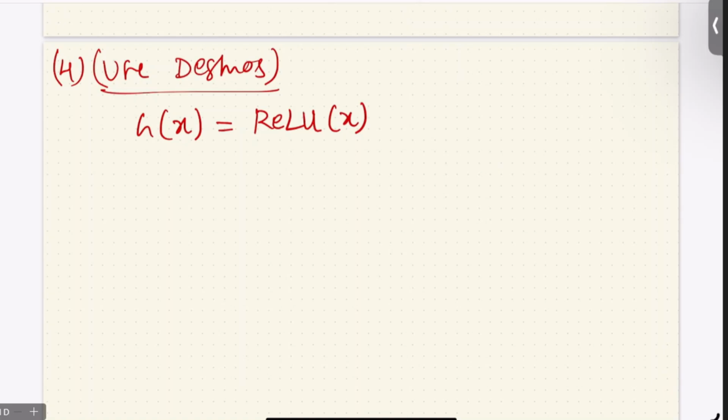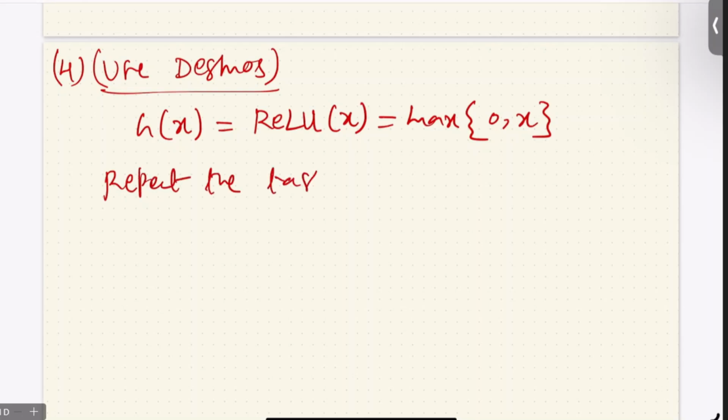We will discuss further sigmoid and ReLU in further classes, but this ReLU is maximum of 0 comma x. We will discuss why these are all working. Use it in the Desmos and repeat the task of Desmos